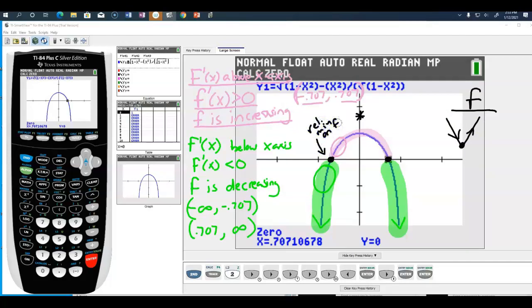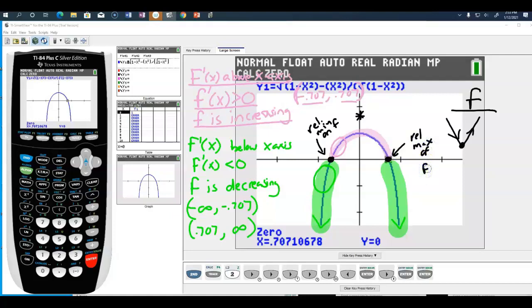It's not a relative minimum on this graph. This is a graph of f prime. But this would be a relative minimum on the graph of f because that's the point where it goes from a negative derivative to a positive derivative. In other words, a negative slope to a positive slope. Contrariwise, this would be a relative max of f